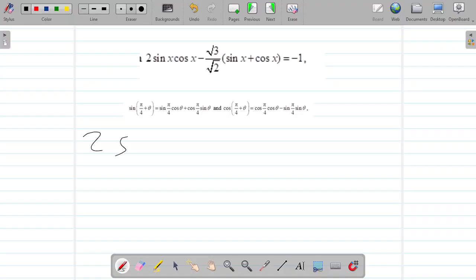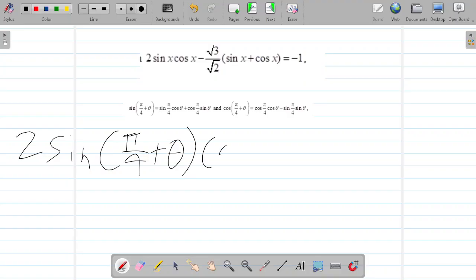You have 2 sine pi over 4 plus theta, cosine pi over 4 plus theta